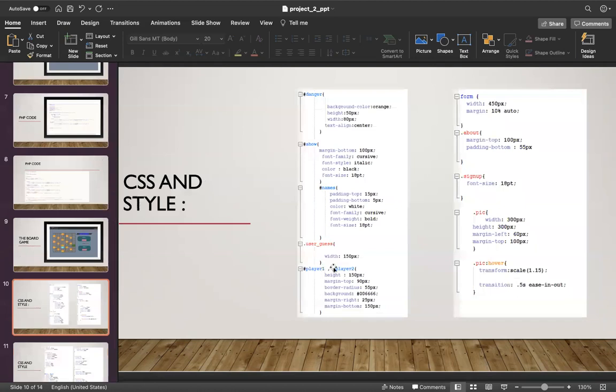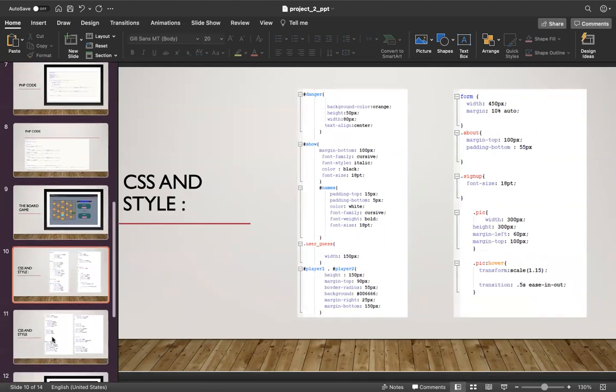These are the styles we used for our game. For danger, we used orange color. And if you see the user guess, we put the styles and all. For players, we have used the color radius and all. And next, for the sign up page, these are on hover, we are changing the colors. For hover, we used these styles.